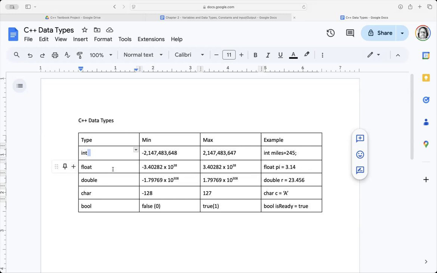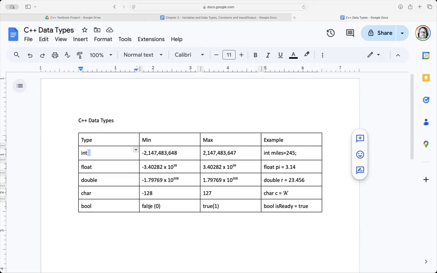The floats, and you can look it up if you're ever curious, have a certain precision, how many decimal places they're accurate. The double is going to have more. And you see double is a bigger range, from negative 1.79 times 10 to the 308 to 1.79 times 10 to the 308. So doubles take up more room, and they're more precise. So you would use them if you need that precision. If you don't, then a float's fine because a float's going to make a smaller program.